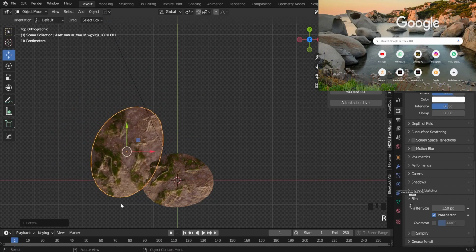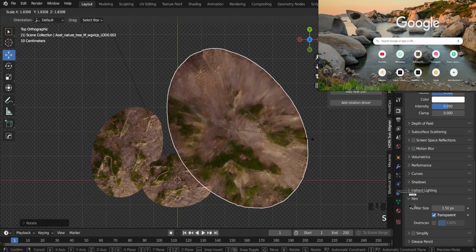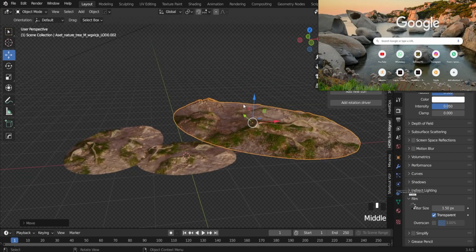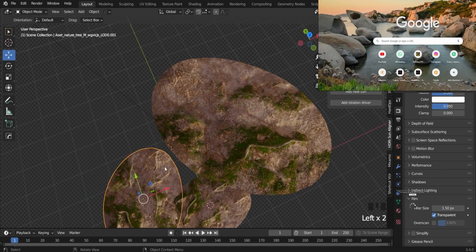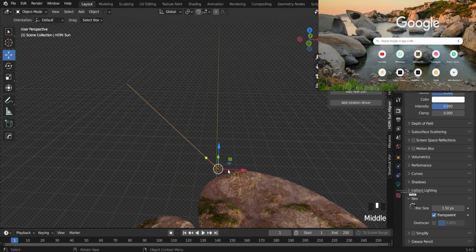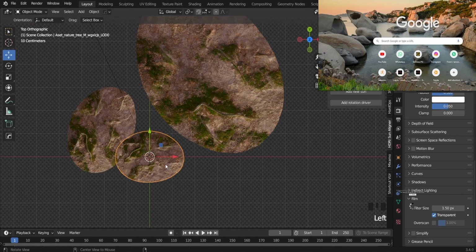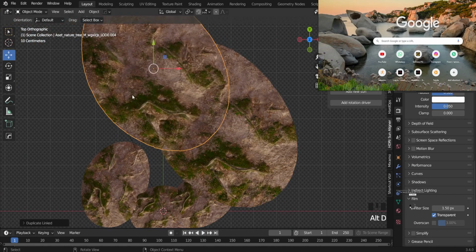Alt D. A lot of users in Blender make a mistake to press Shift D, but it is not worth it to press Shift D because it will increase the render time. If you have the same objects, then you can use Alt D to have a better performance. Alt D. Now we are making some sort of river. Alt D and